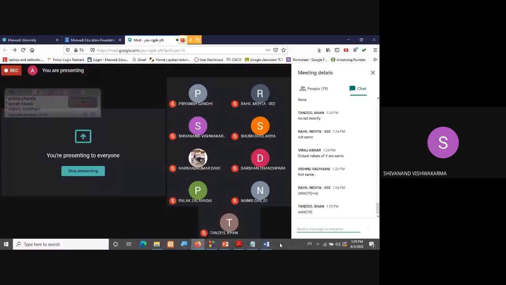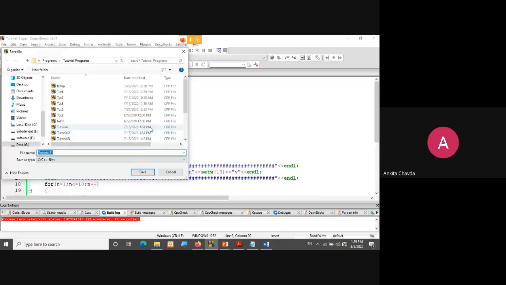Ma'am, the correct formula is P into the bracket 1 plus r, whole raised to n. So in short, 1 plus r raised to n is there, and P is the separate one. Yes, correct. So you are getting the perfect output.